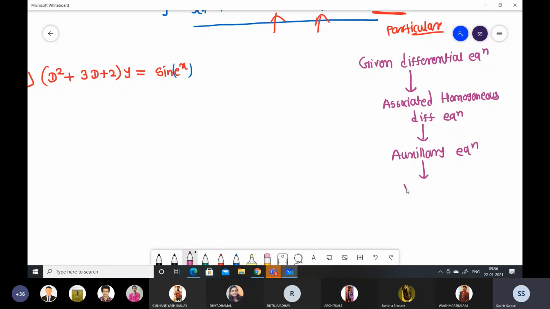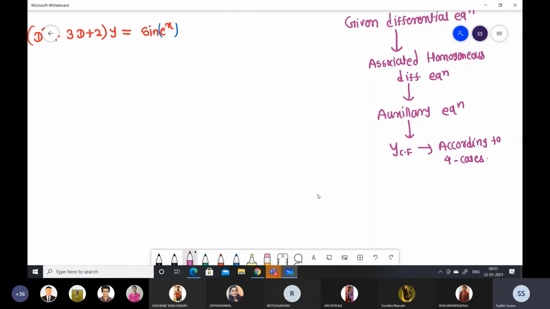Then find out YCF, that is the complementary function, according to the cases: roots are real, distinct, repeated, all these cases you have to see, and accordingly you have to write the solution. And thereafter, the particular integral,